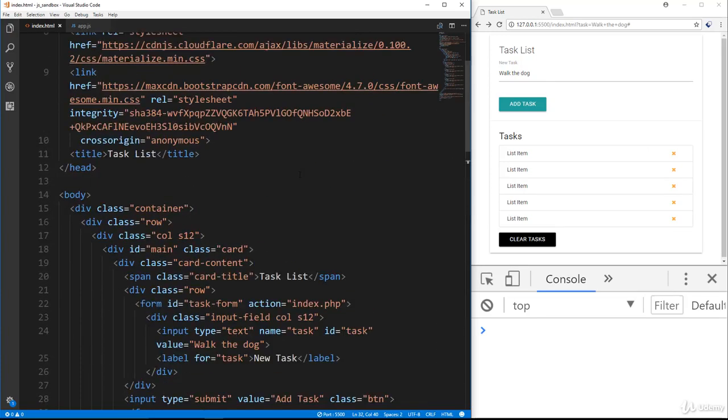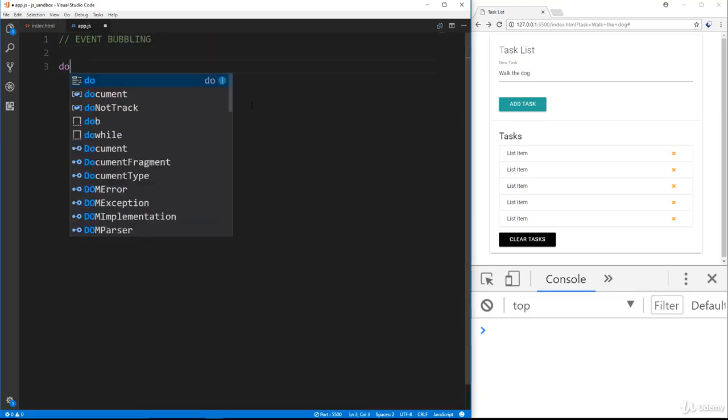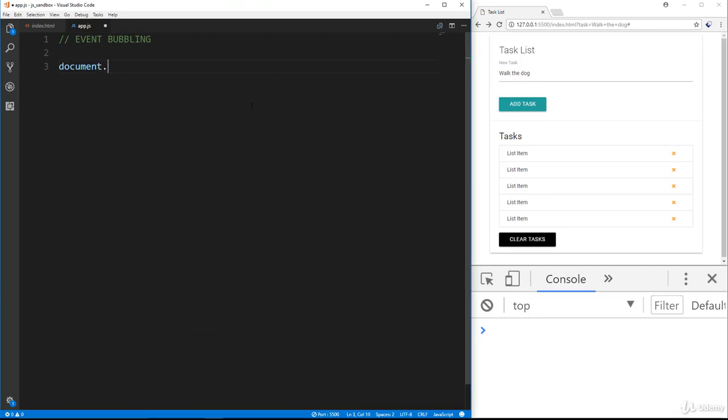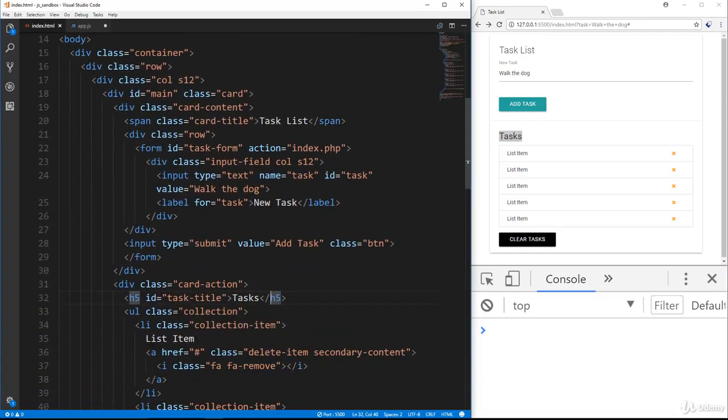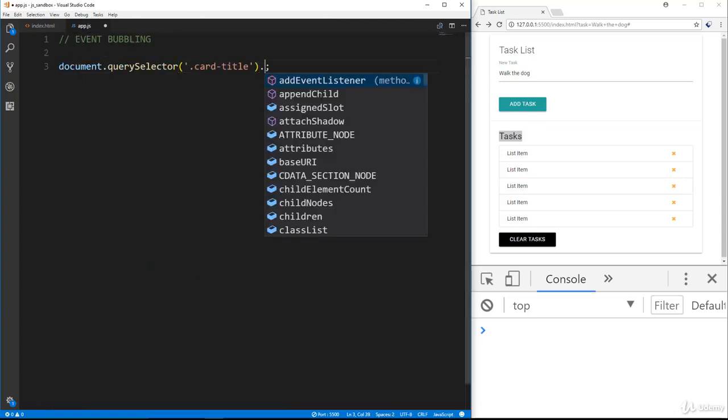All right, but before we get into that, I want to give you a better example of how event bubbling works. So let's go over here. Let's say event bubbling, and what I'm going to do is say document.querySelector, and we're going to grab the card title class. Which is this, right? Yeah, it's this right here, the task list. So I'm going to add an event listener